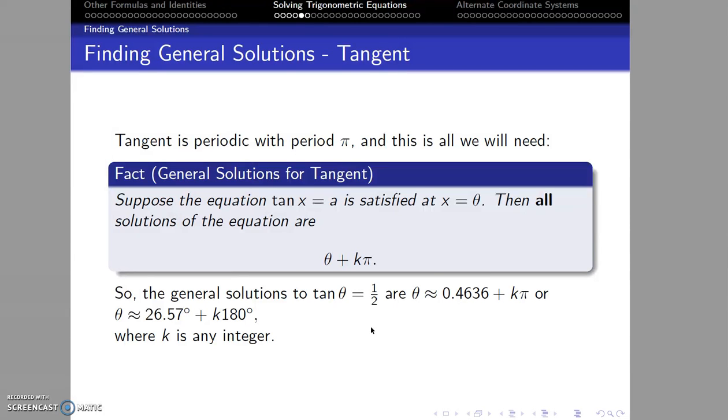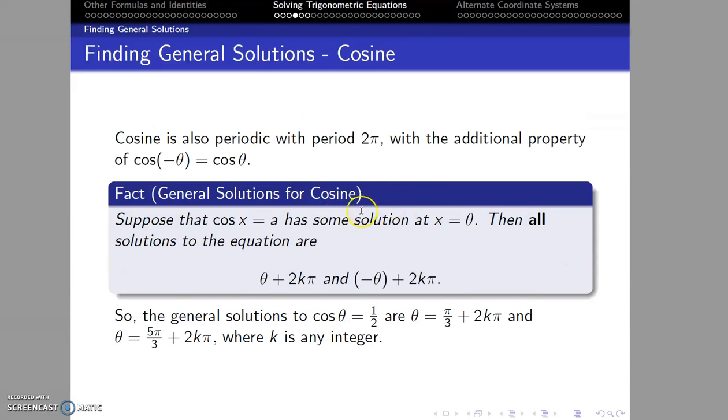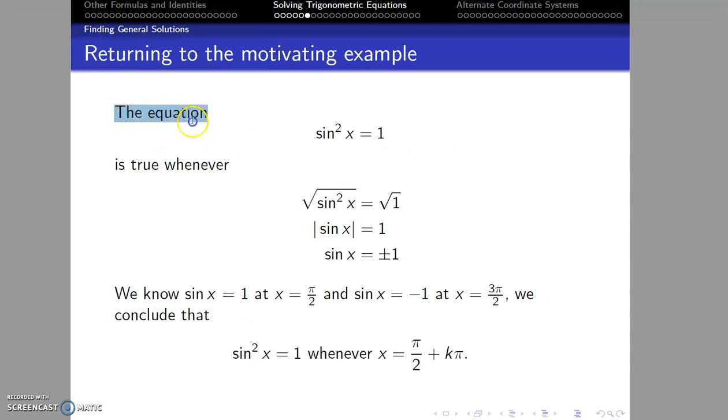Good stuff. So now we know how to represent our general solutions for sine, cosine, and tangent. So the time has come to return to the question that got us into this mess. Was a solution of sine squared x equal 1? And the way you can get that is with pure algebra. You first solve for sine,